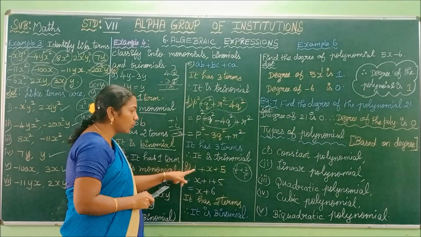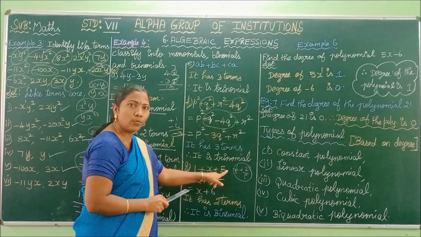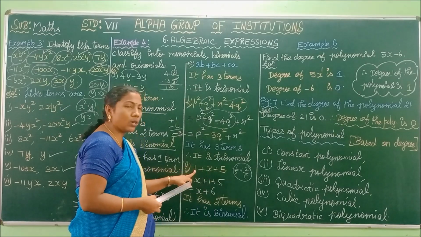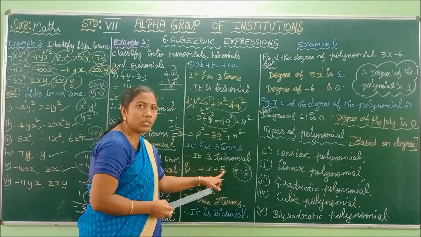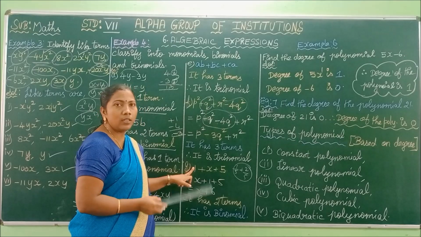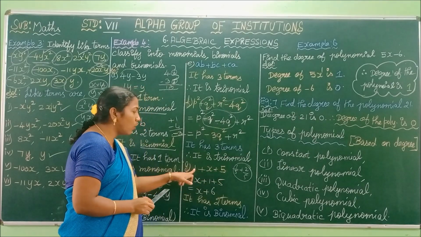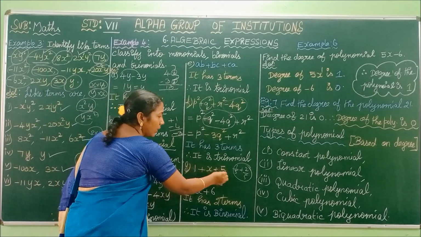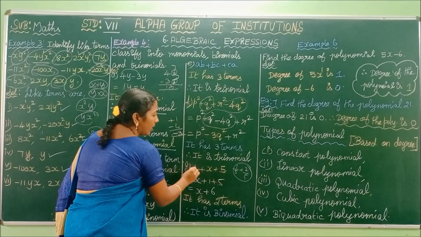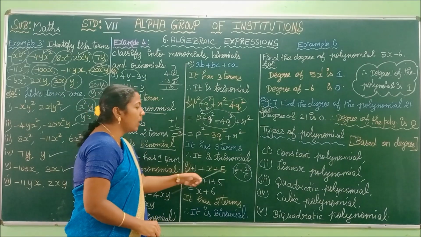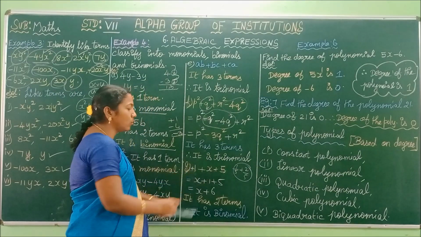See the next one. 1 plus x plus 5. Don't write it as a trinomial, because here we have one constant. Here also we have a constant. So you have to add or subtract the constants as given in the polynomial. See here, 1 is the constant, here 5 is the constant. You have to add these, because before 1 you have the symbol plus and before 5 you have the symbol plus. So you have to add it.